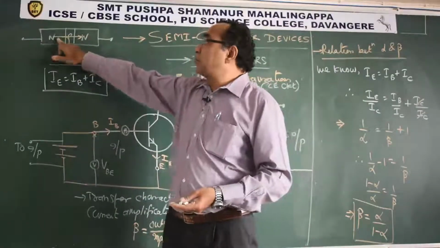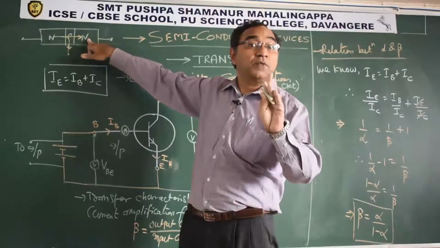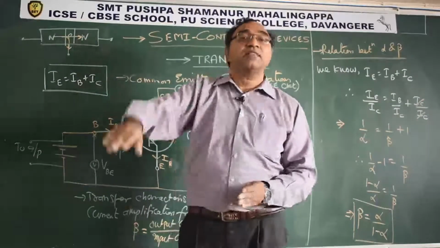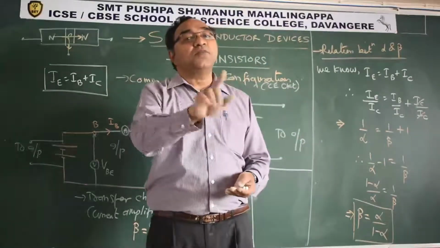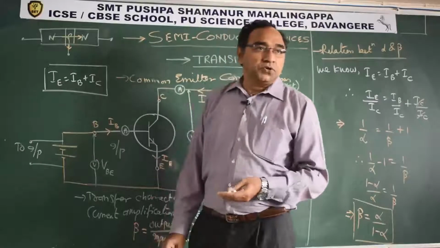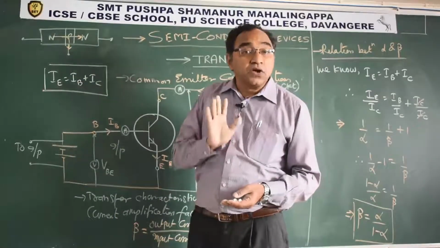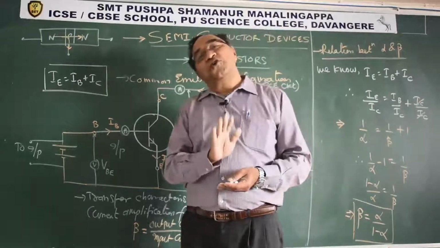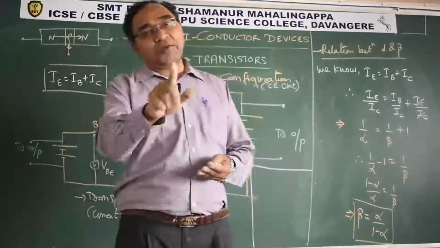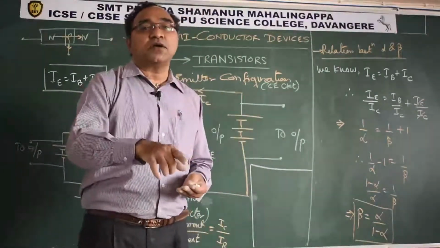If 100 electrons start their journey to reach here, maximum 5 electrons should be allowed for recombination. You cannot have more than that. If you have designed more than that, it's a waste of energy. So when we design a transistor, we keep this in mind that the recombination ratio should not be more than 5%. So if the recombination is less than 5%, this means alpha will be between what?